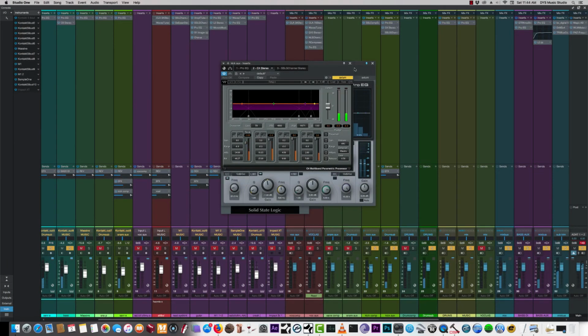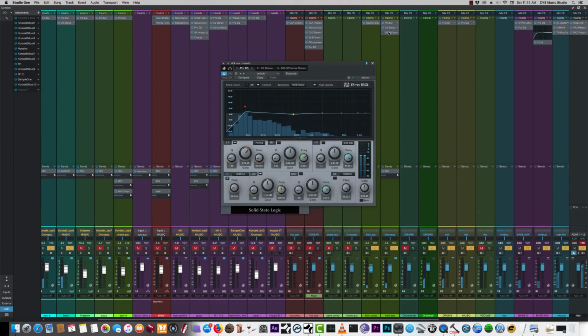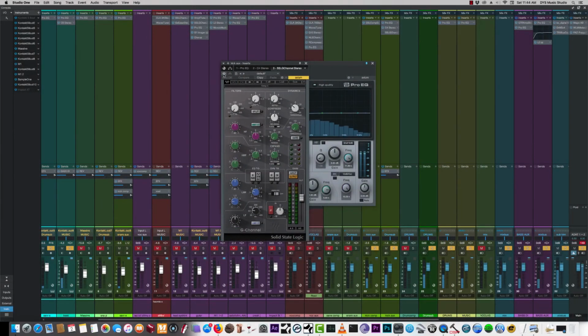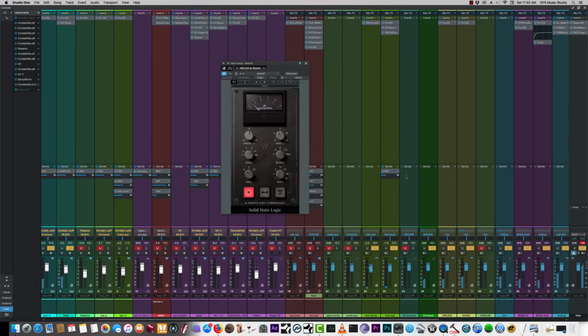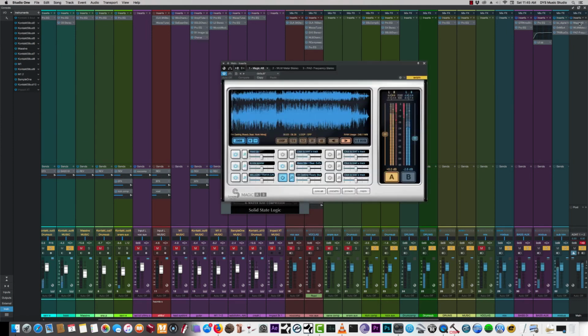I'm mashing a little bit of 59 here, keeping it under control, running it through the SSL. I'm just using this for a little bit of color, pushing a little bit of volume. And if I compare that with the other sounds,